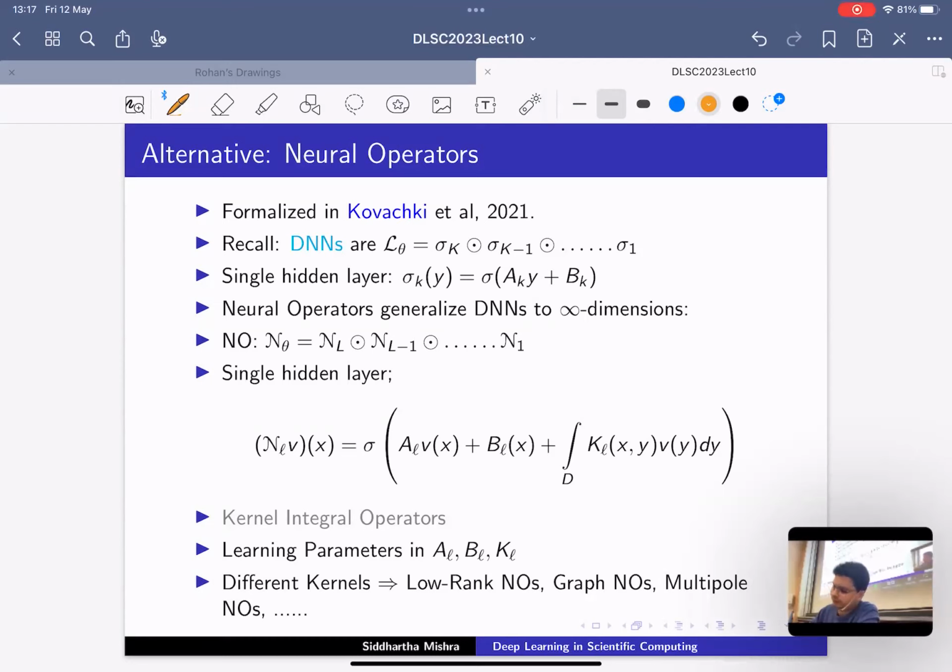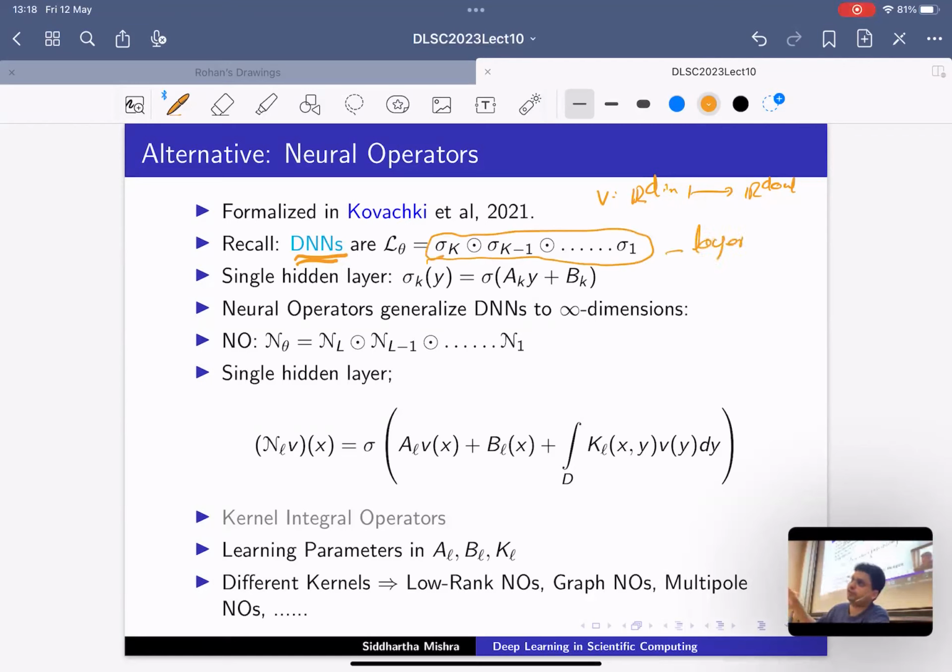The idea is, if you remember, what are deep neural networks, DNNs? You have a mapping, your ground truth function. Let's say that your ground truth is a mapping between some input space to some output space, D out. This is the underlying function that you want to approximate. The way we do it with DNNs is through a compositional construction. We have all these layers, and we push the input vector, which takes values in R^{D_in}, through